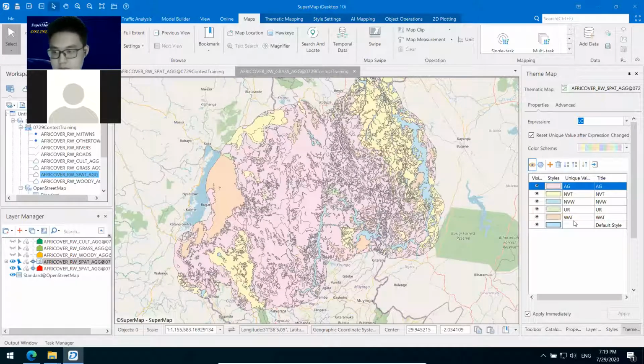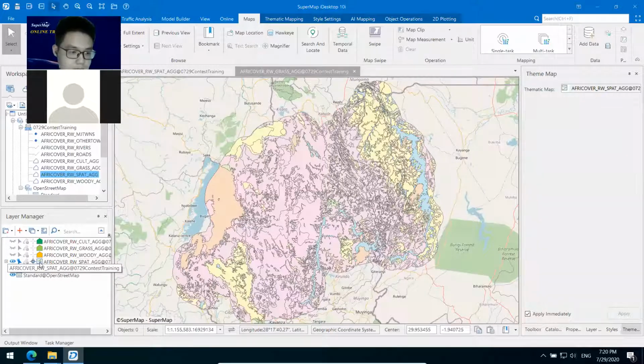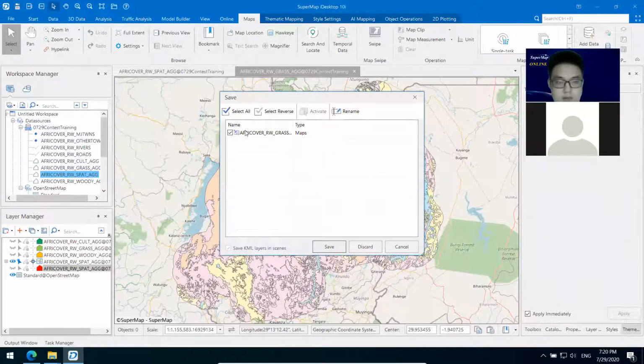Okay, it uses different colors to show what type the area is. And if I think this is enough, it's beautiful enough, so I can save the map. Save the map,